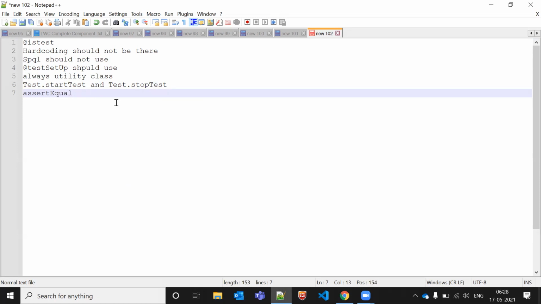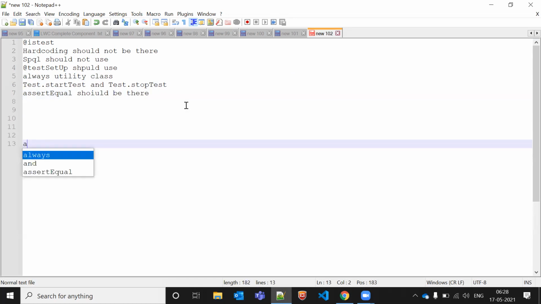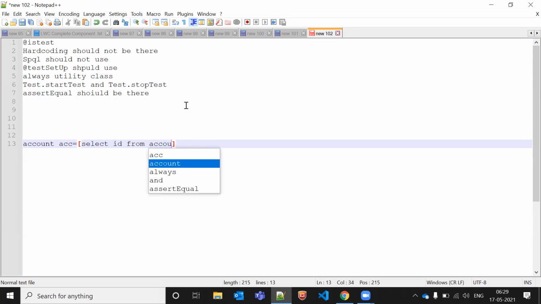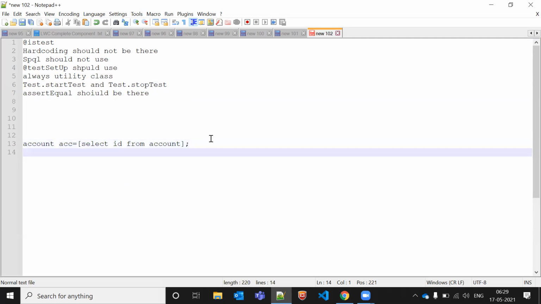You know assert equal? Assert equal means, let's say I'm writing some data here. Let's say Account acc is equal to, I'm writing some SOQL, select Id from Account. This is my code, one line of code. So this is my inner test class.